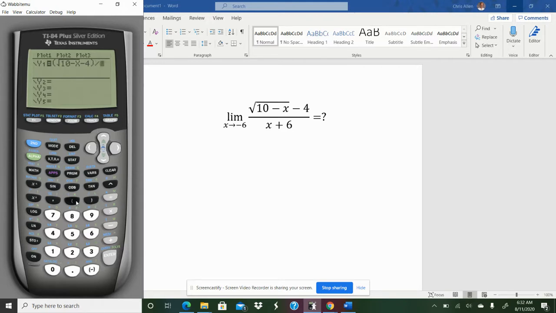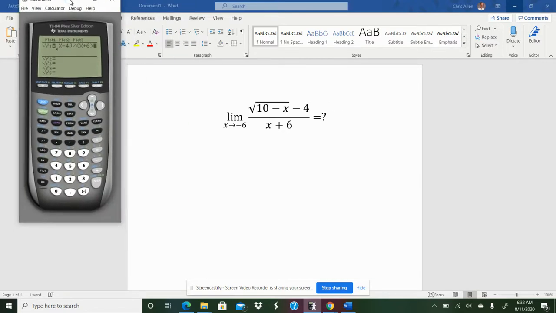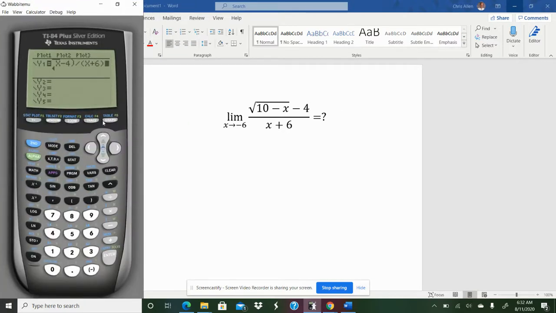And I'm going to divide, and I'm going to do parenthesis again, because I want to make sure it knows exactly what I want the numerator to be and what I want the denominator to be. Now watch what happens when I hit graph. I'm going to go ahead and see if I can move this a little bit. I'll leave it right there. I'm going to hit graph. And when I graph it,